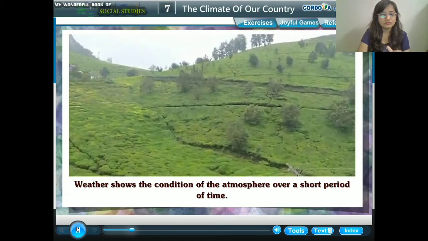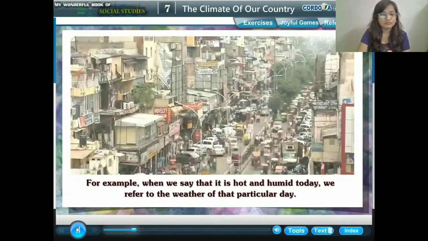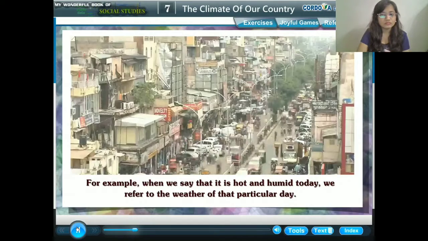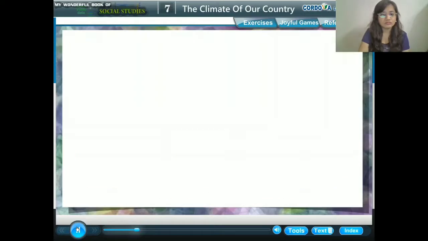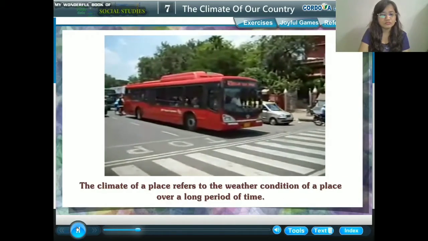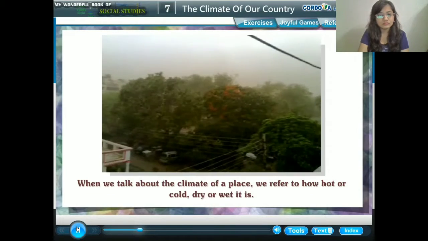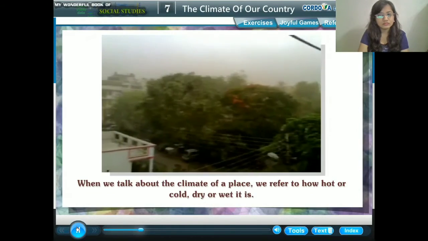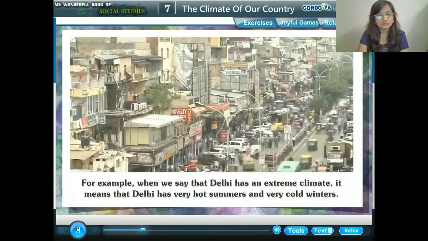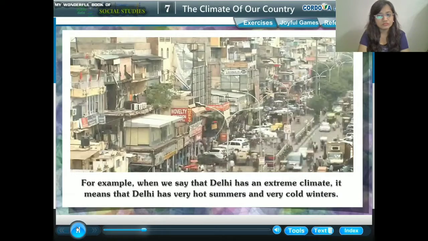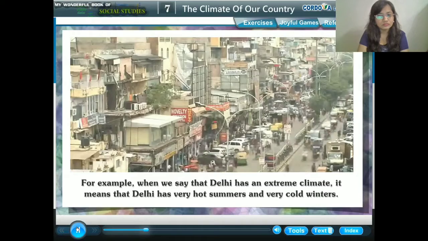Weather shows the condition of the atmosphere over a short period of time. For example, when we say that it is hot and humid today, we refer to the weather of that particular day. The climate of a place refers to the weather condition of a place over a long period of time. When we talk about the climate of a place, we refer to how hot or cold, dry or wet it is. For example, when we say that Delhi has an extreme climate, it means that Delhi has very hot summers